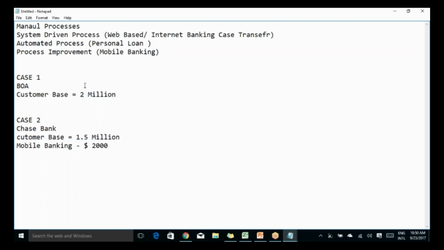So here there is an advantage and then there is a disadvantage to each other. The advantage for Bank of America customers is, since they do not have this mobile banking application, there may be two kinds of customers for them. One is a certain segment like the old age group who may not be that flexible in using mobile banking applications, so they are good with that part, and they don't need to go for mobile banking.